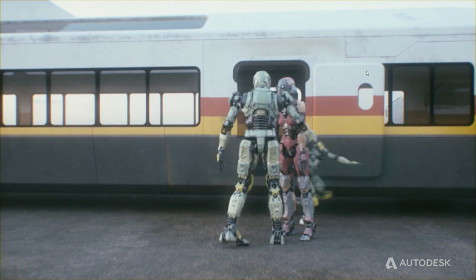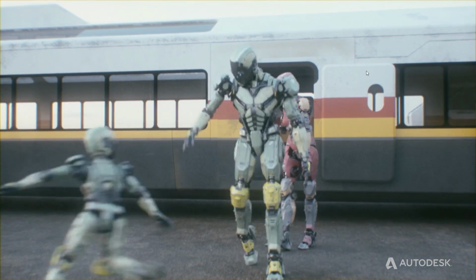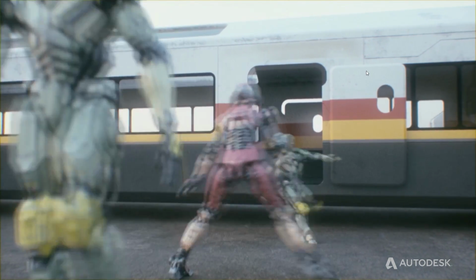Again, being able to get this kind of quality using a few GPUs overnight, it's really great. You can block out the scene, get a feel for how the characters are moving around, and then start to think about how you're going to drop the cameras in. I mentioned it was rendered all on the GPU, NVIDIA GPUs, and that was kind of a big